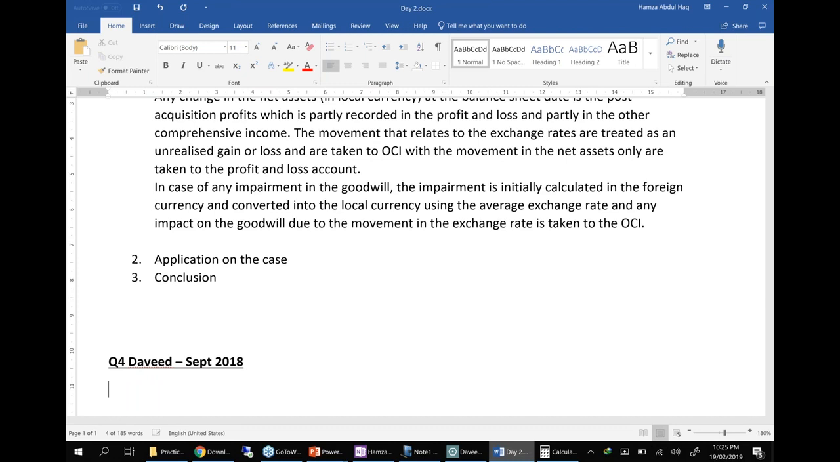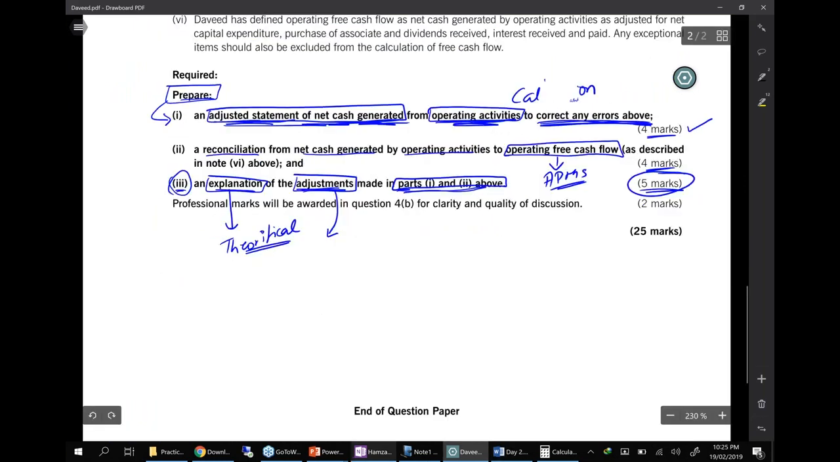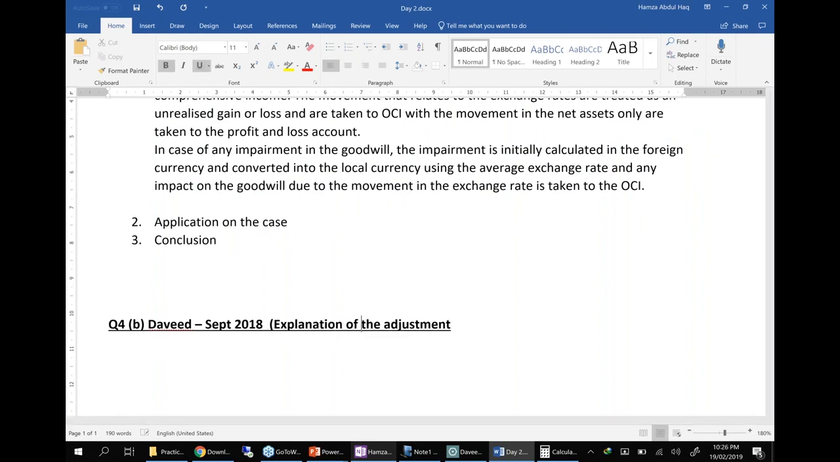So what we are doing is giving the explanation. The requirements are very important. Read the exact wording of what we have to do. Explanation of the adjustments. So we need to write why we are making such adjustments. So in part 1, we have seen that the cars were basically property, plant, and equipment which have been transferred to the inventory. So we are going to write: